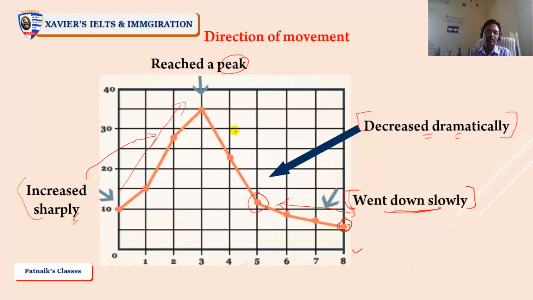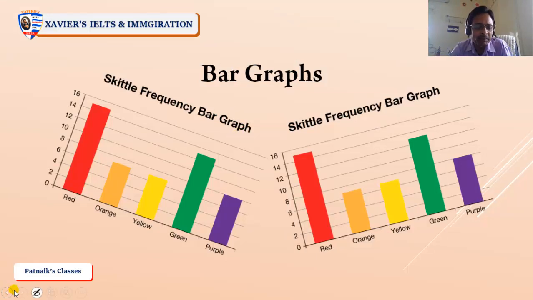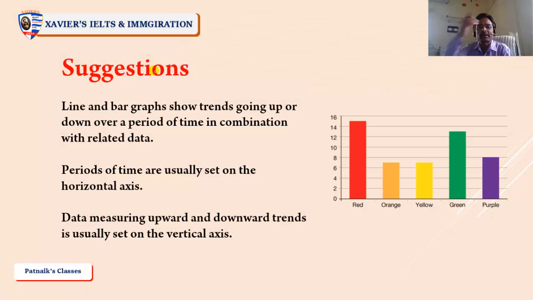So the main thing we have to concentrate on is the angle of elevation, the angle of downfall, and how the data is changes during a particular period, right? So next is about bar graphs. What kind of words will we be using for bar graphs? See, the suggestion I would like to give you is